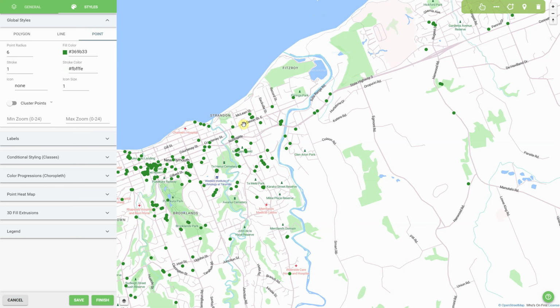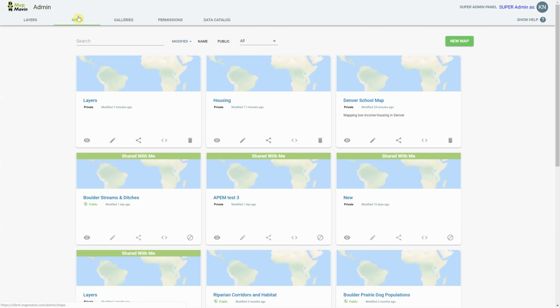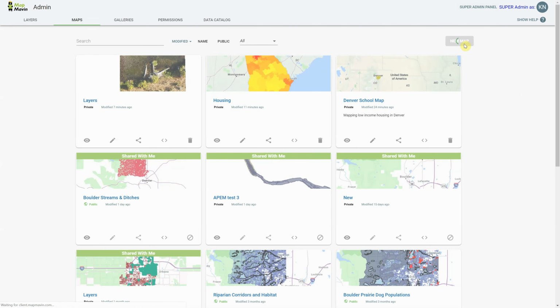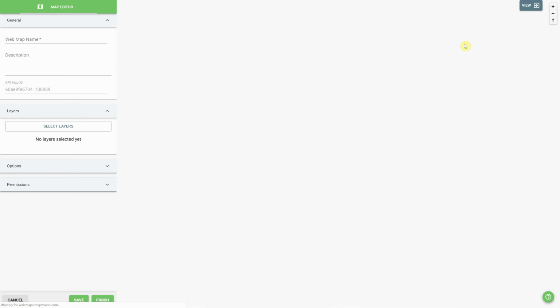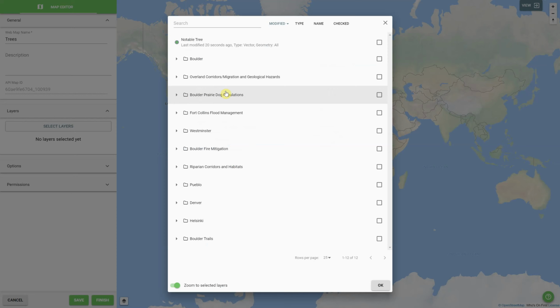And then from there, everything's ready to go in order to share it with someone else. So I'm going to click Finish. And then I'm going to make a new map. With a new map, I can again name it whatever I like, add the layer, notable trees,